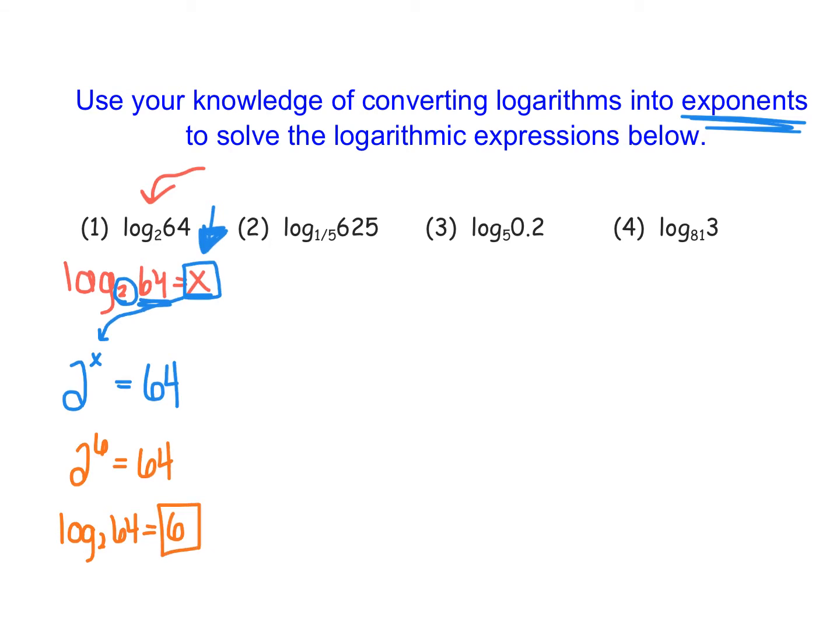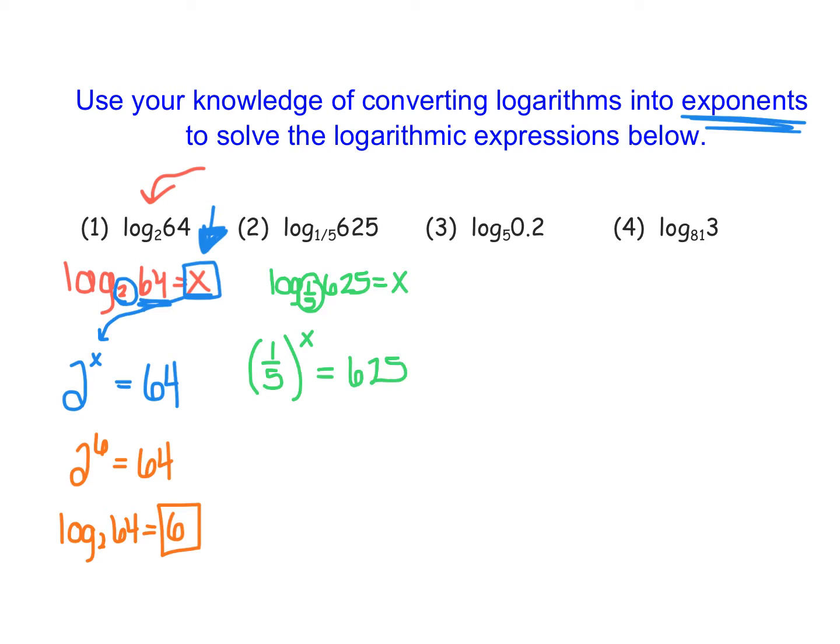Here again, remember we're trying to figure out what this logarithm equals. So we have log base 1/5 of 625 is equal to some number called x. Again, remember x is just the value representing what we don't know. Let's start by writing this into exponential form. Because I have a fraction with an exponent here, I'm going to put it in parentheses. So we have 1/5 as our base, because it was the base of our log, to the power of x. And we need to figure out what power x results in